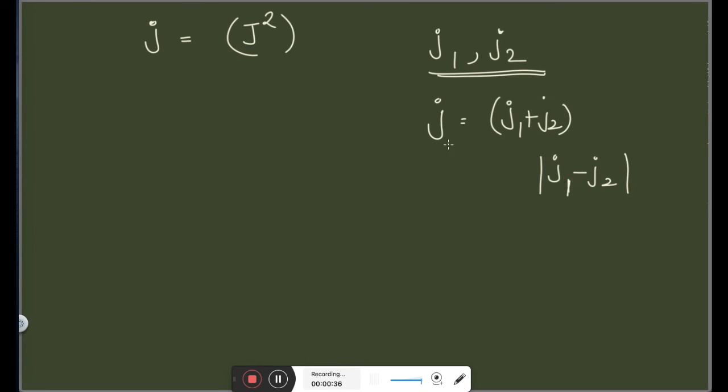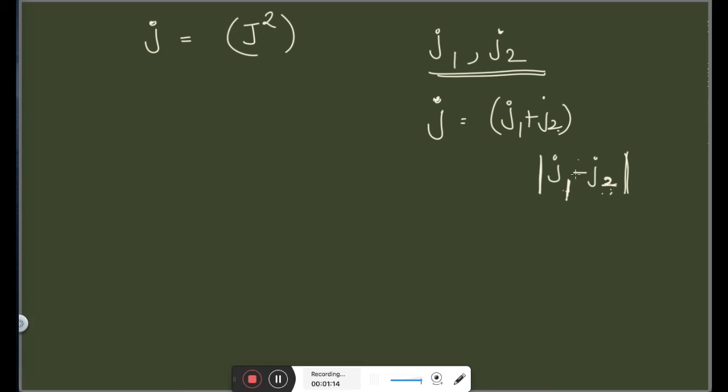If J1 is greater, the minimum value will be J1 minus J2, and if J2 is greater, it will be J2 minus J1. So you take the difference between J1 minus J2 to J1 plus J2. Okay, so if you start counting the J values, you can see that if J2 is smaller, you will have values from J1 plus J2, J1 plus J2 minus 1, J1 plus J2 minus 2, and so on up to J1 minus J2. So it will be like 2J2 plus 1 values for